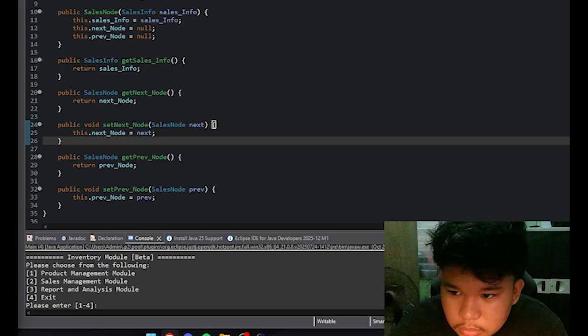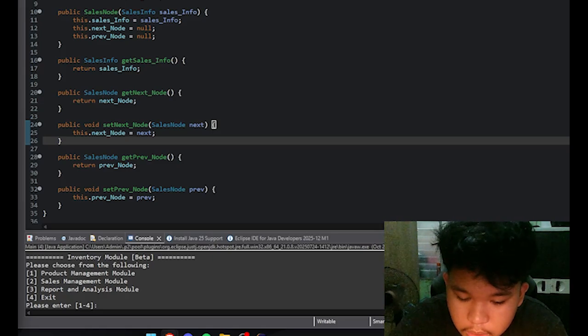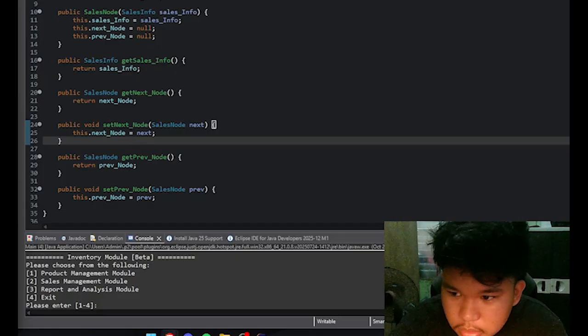Once the user inputs data into the system, it creates a new node that stores the data inside the node.